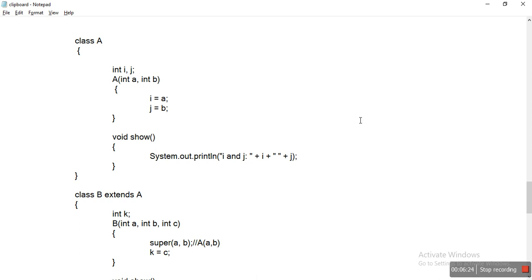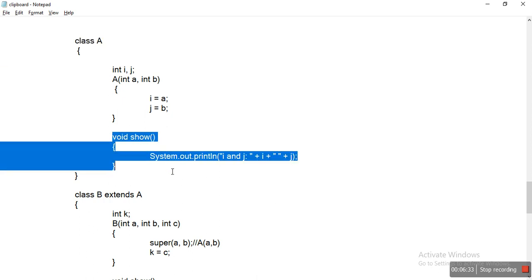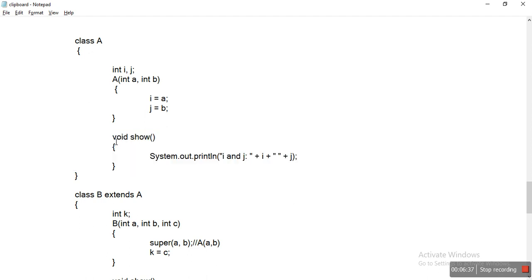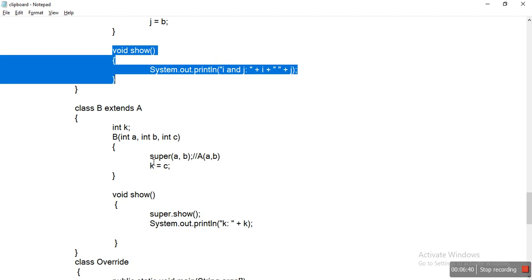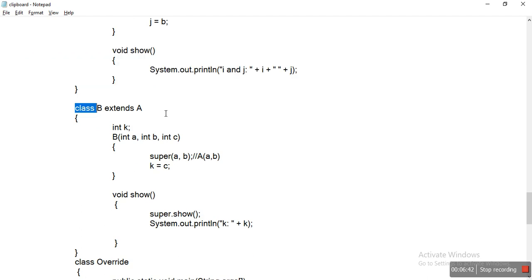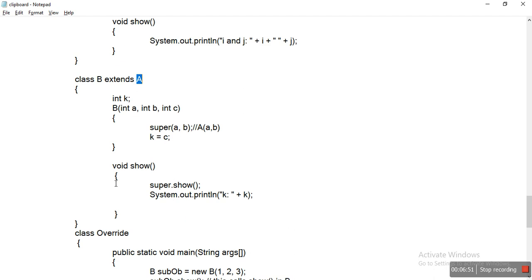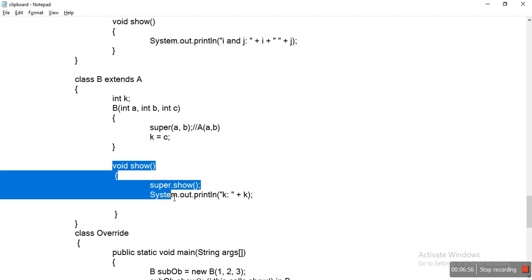In the previous example, we have a parent class A and a method show within the parent class. Next, class B extends class A. Class B is the child class and class A is the parent class. Within the child class B, we have a method called show.